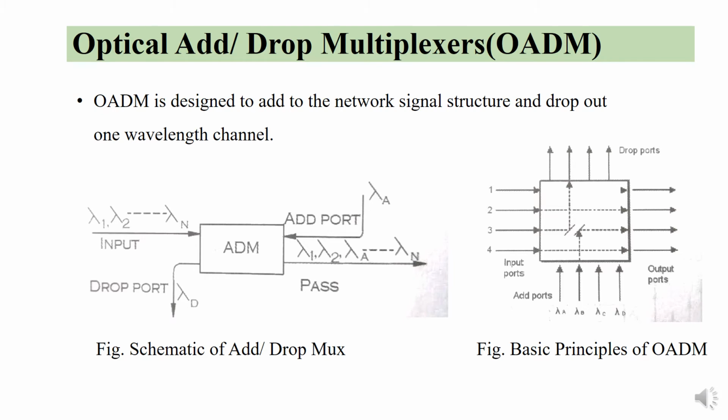The add or drop functions are controlled by using MEMS based mirrors that are activated selectively to connect the desired fiber paths. So if none of the mirrors are activated, it means that each incoming channel passes through the switch to output ports. So in the second figure, to have the signal carried on wavelength lambda 3 entering at port 3 drop to port 2, the mirrors are also activated accordingly. Such OADMs are used for routing and switching purposes.